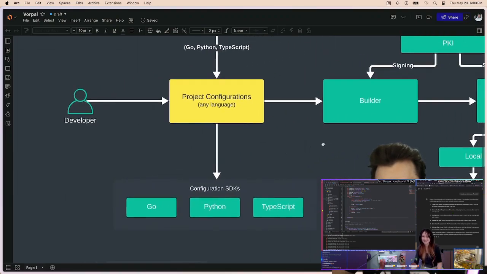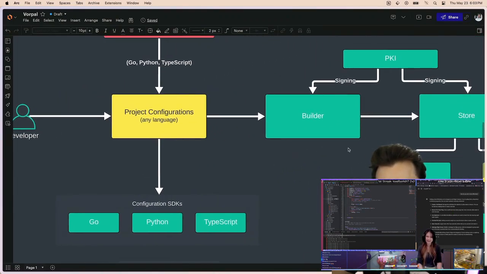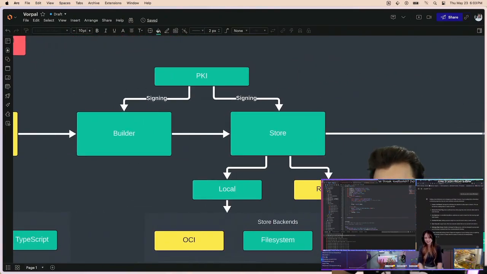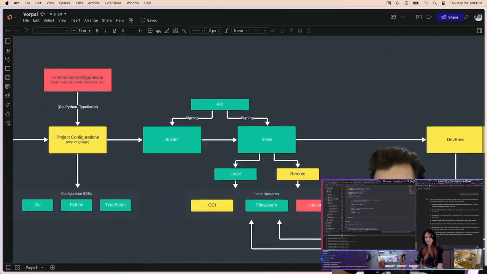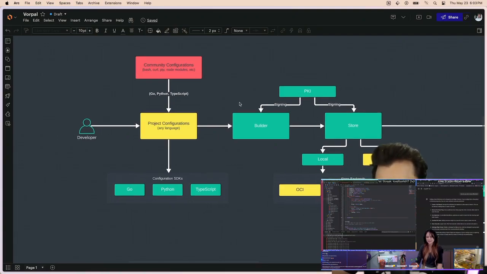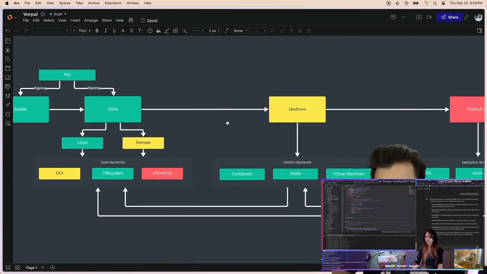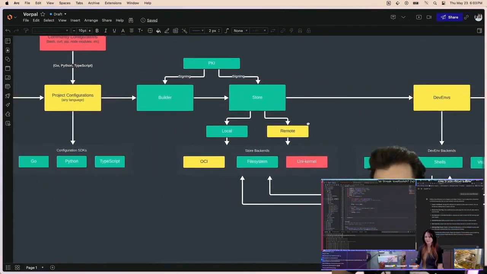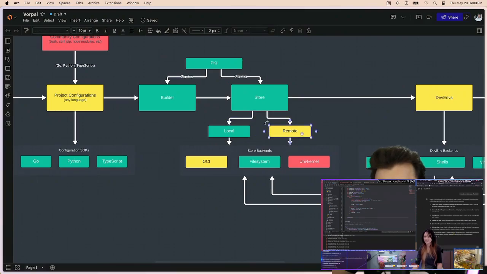It could be a very lightweight thing. I wouldn't want this to be multiple services that you have to install on your computer. You shouldn't need a cluster to run this. This should really be something as simple as Pulumi, where you have a CLI tool and maybe a binary or a daemon that runs in the background, and that's it. But yeah, this is something that I'm really interested in exploring more.